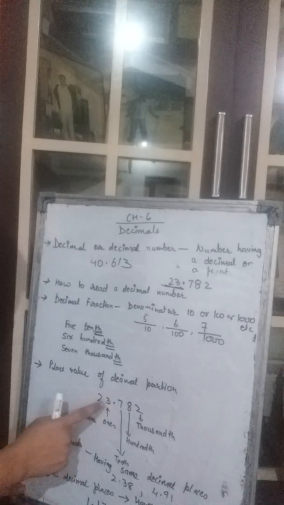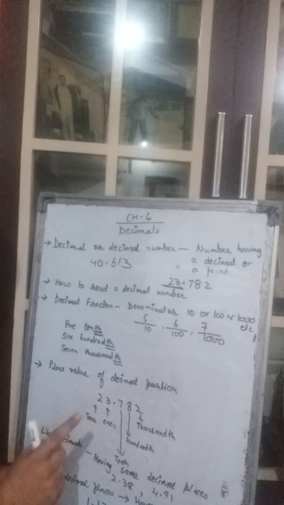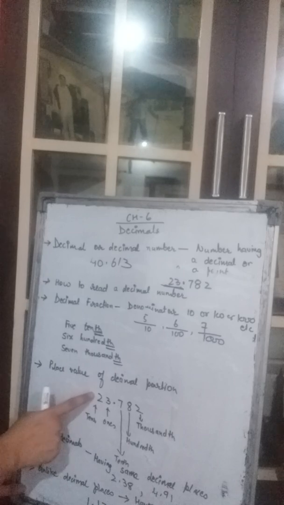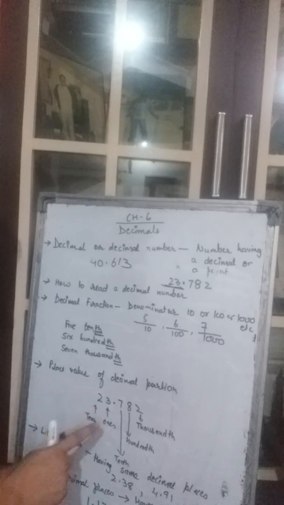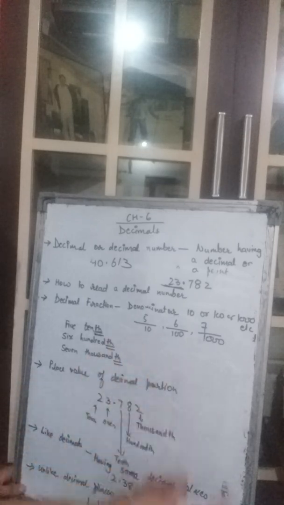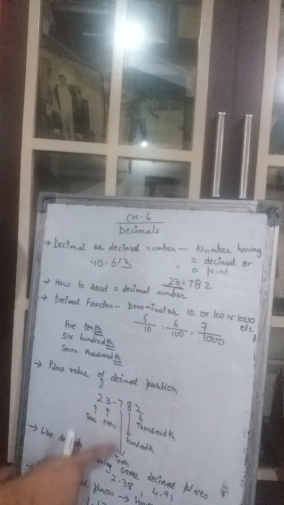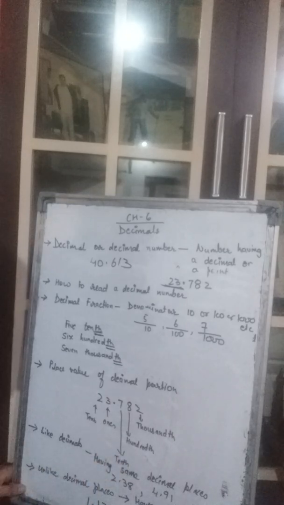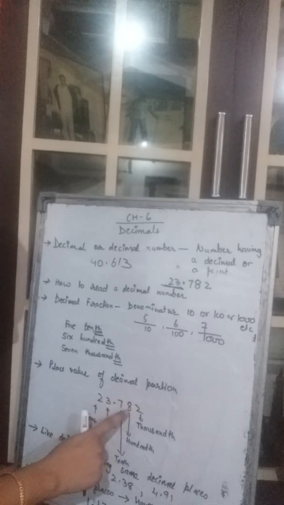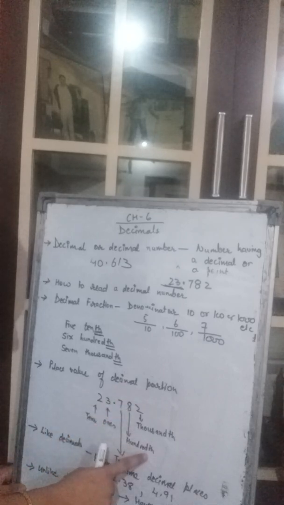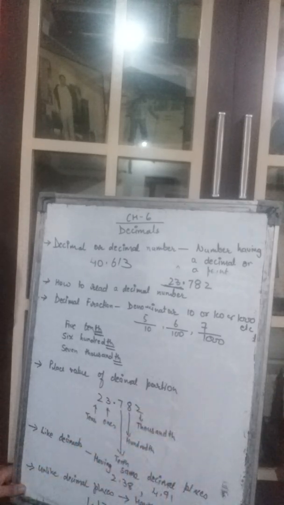Now, what are the place values? First let's consider the place value which is of the whole number. Here you know it starts from ones. This you have already studied. Ones, then tens. If there is one more number, it will be 100, then 1000, then 10,000, and so on. But on the decimal portion, that is on the right hand side of the decimal, there is never ones. Never. It is always 10th. Because it is being divided by 10. Right? Then the second place value is 100th. Then the third is 1000th. And so on. It will be 10,000th.